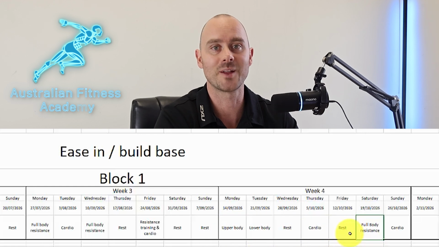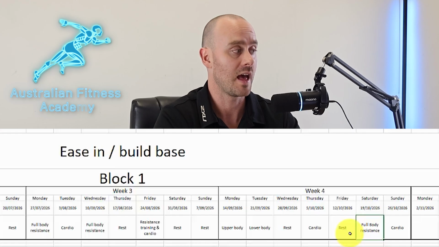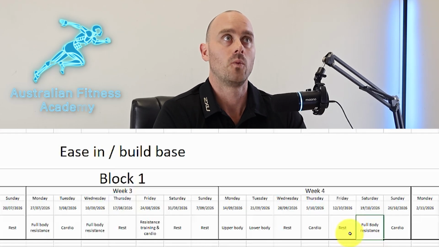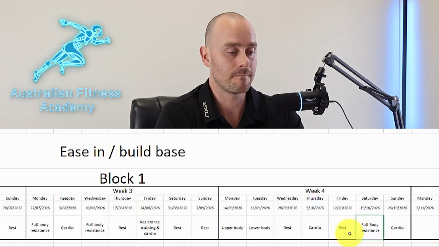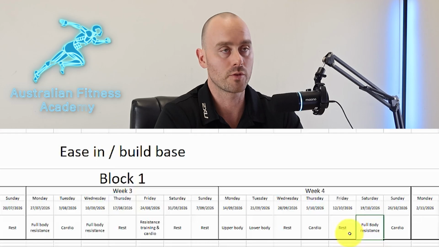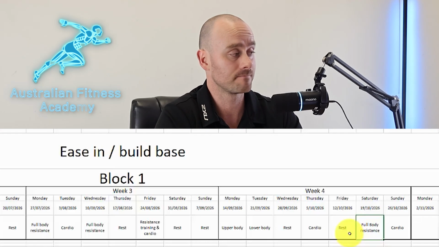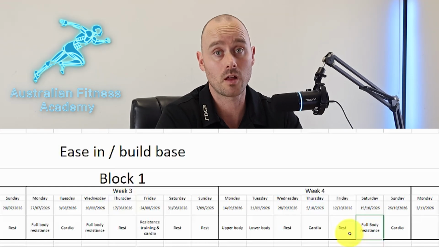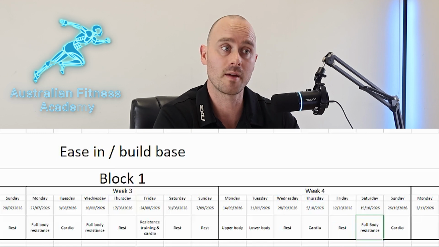You could do upper, lower, upper, lower. So the classic upper, lower split is another option, but that would mean you have to be in the gym 4 days per week. And if we're putting cardiovascular training in around it, we want to be able to recover as best as possible between sessions and allow recovery. If we're doing 4 days in the gym and 2 or 3 days cardio, the week gets very full very quickly. So there's options, and you can definitely do upper lower programming with cardiovascular on the side, but you might find to maximize recovery and enjoyment and consistency, this can be simpler.